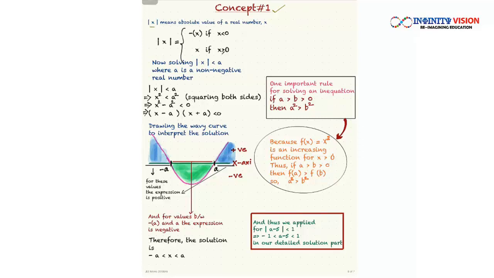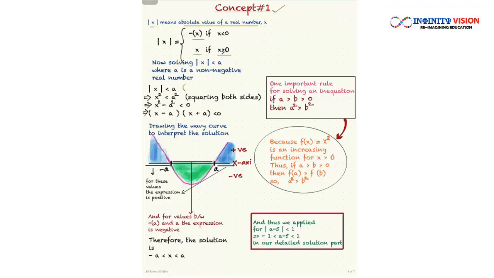Mod x is nothing but the absolute value of a real number. If I write it as a function, if x is a positive number, mod x will become x, and if x is a negative number, mod x will become minus x. Now solving mod x is less than a, where a is a non-negative real number. For solving this, we must understand, for getting rid of mod x,